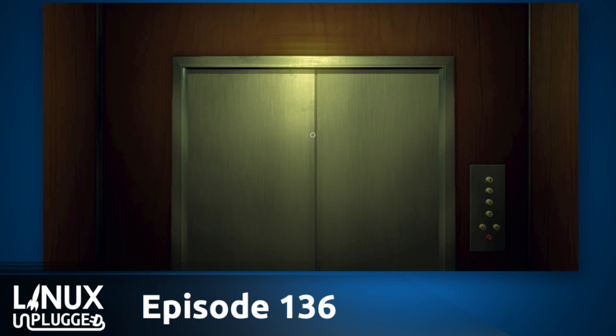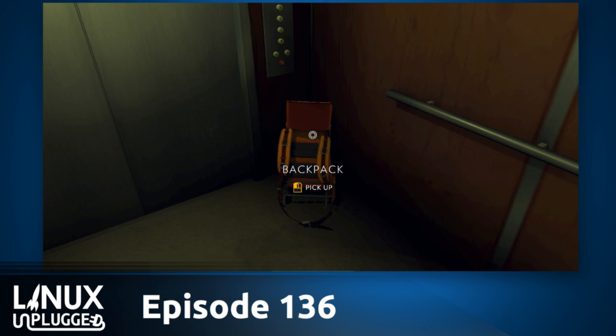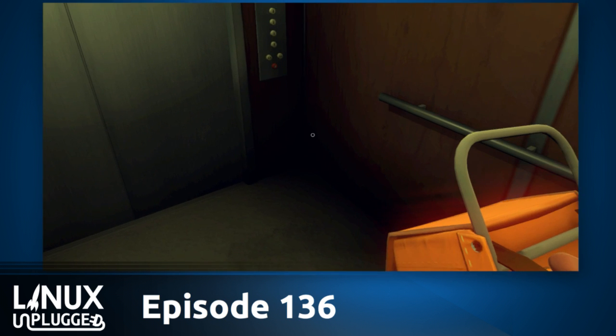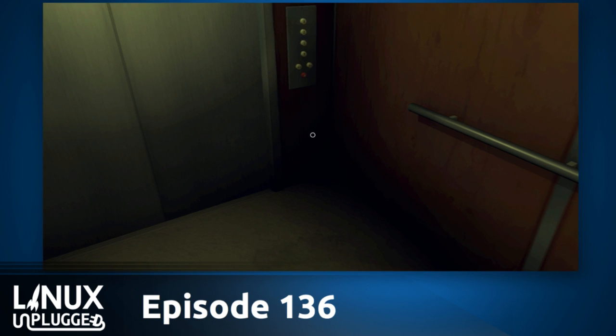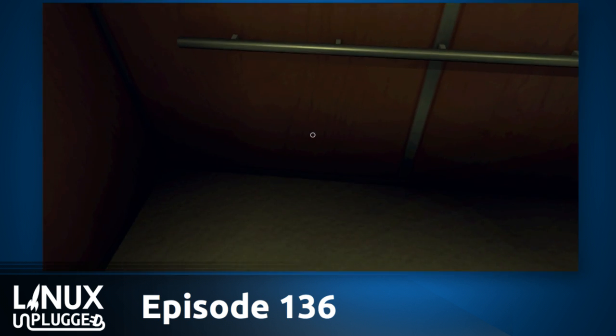All right, now we're in an elevator. Sort of an emo elevator with a really low frame rate. So I can click on objects. I'm going to pick up this backpack. Hey, look at that. I got a backpack, Wes. Why are you so critical of this elevator? Well, look at the frame rate. I mean, I know this thing's just Intel graphics and it's doing mirroring, but...